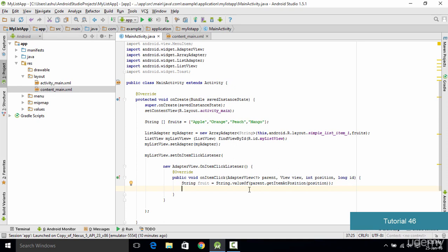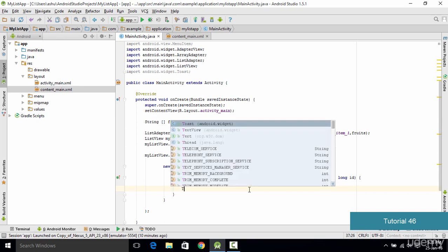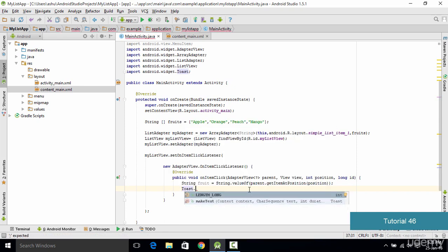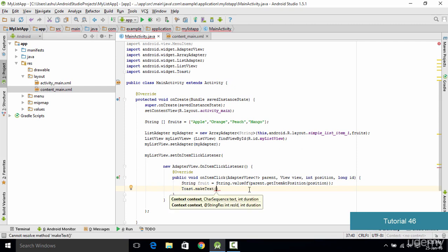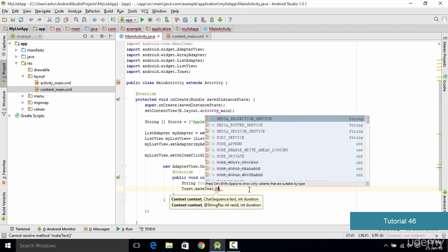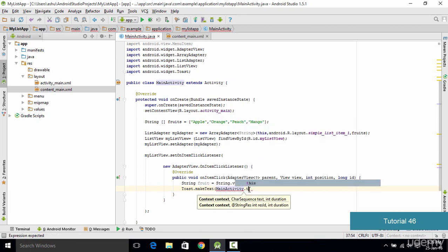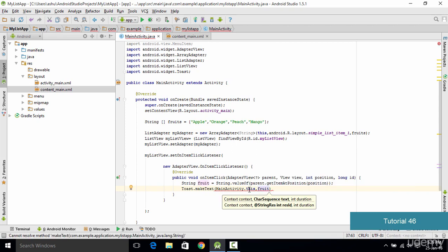In order to do that, we use something which is called a Toast. Just like a normal toast, this Toast is going to pop up onto our screen and display some text. So we type Toast.makeText, and we pass in a few parameters. The first parameter is the main activity. So we type MainActivity.this, then we pass in the string which needs to be displayed. So we type fruit. The next thing we pass in is the duration of how long the toast should be displayed. So we type